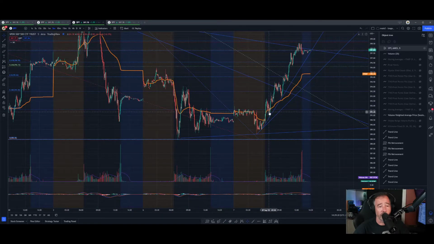We came back down, couldn't stay below VWAP, and we pushed back through. That might be where I would have entered first. And then if you notice, we never broke below this trend. So if you get in a trade here, you really have had no reason to get out of the trade,